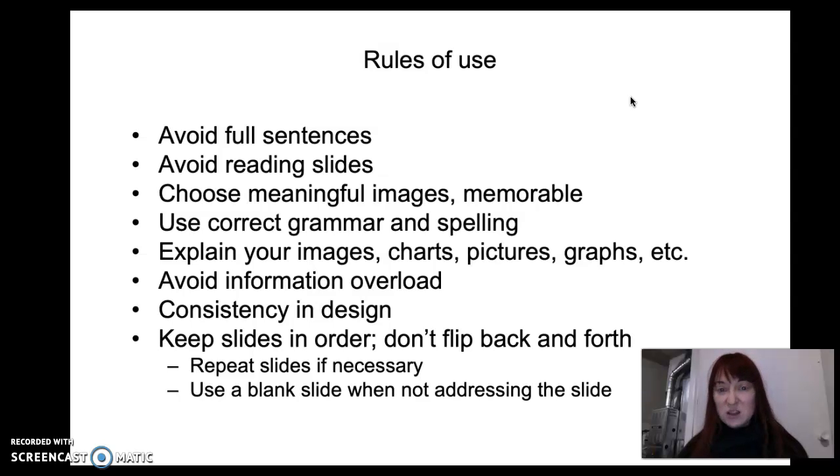Choose meaningful images that are memorable. Maybe you can think back to some memorable visual aid presentations that you've seen, perhaps in high school assemblies or out there in the world, or TED Talks that you've listened to. I know back at UAF, I saw a very riveting presentation on frostbite, advanced frostbite, that really stuck in my mind. So maybe you don't want it to be that graphic, but it's something that can be memorable and meaningful